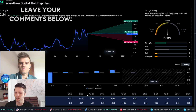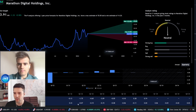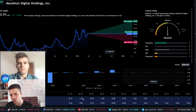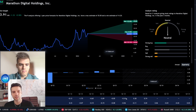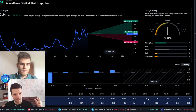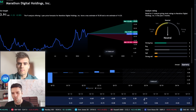Yeah, look at that. If we go to 2022, that was a bearish market for crypto. And look at what happened with the estimated and reported earnings. They reported actually way worse than the estimates. And in 2023, this downturn started to reverse. At the beginning, the estimates and reported earnings in the first two quarters were equal, and the last ones, where the crypto market started to go crazy, you can clearly see that the reported earnings were way